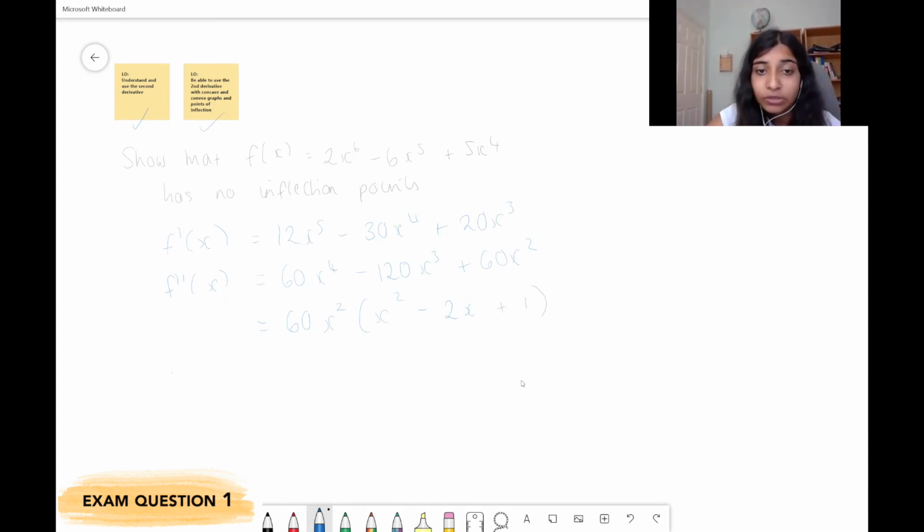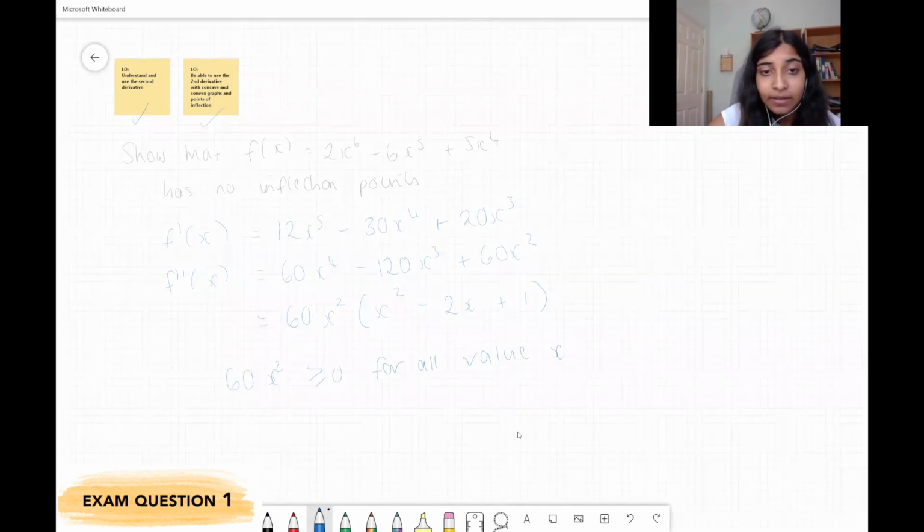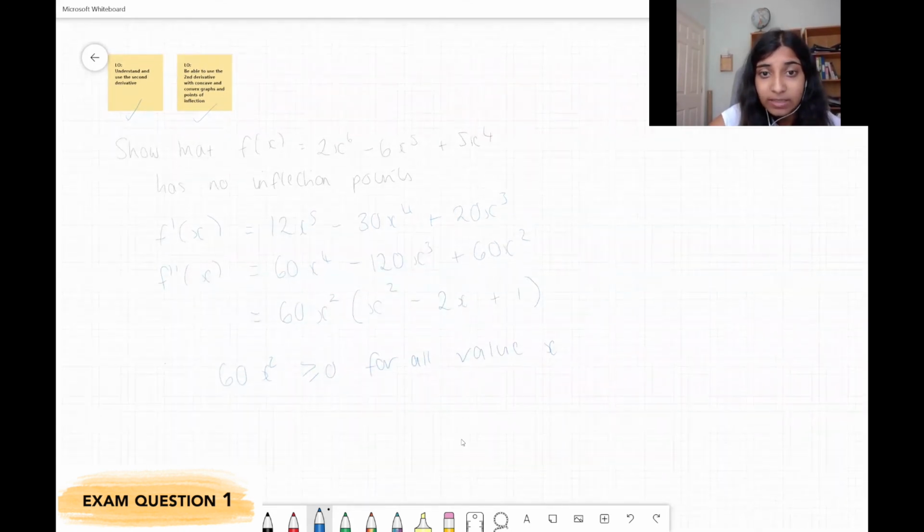And then what we want to do is find out whether these are less than or equal to 0. So we know that 60x squared is always going to be greater than 0 for all values of x, but when x is 0, it'll be equal to 0. And then for x squared minus 2x plus 1,